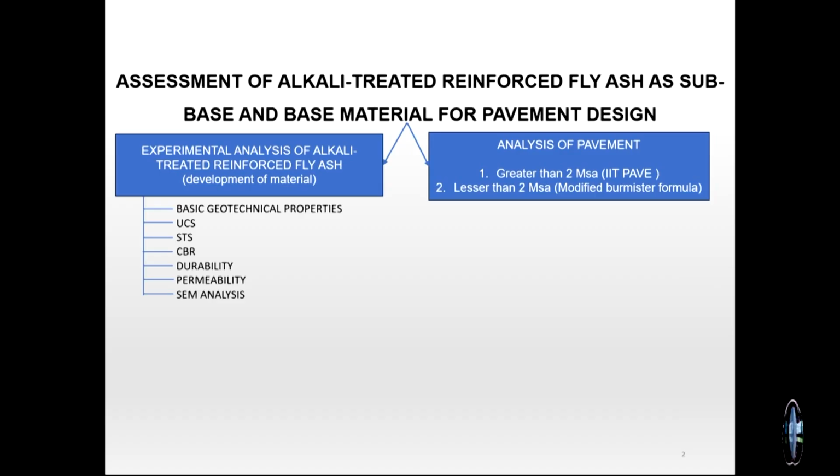So what is fly ash? It is a coal based byproduct, and it has two types: class C fly ash and class F fly ash. Class F fly ash has a low content of calcium oxide, which is why we need some extra agent to use it as a pozzolanic material binder. For that I am using NaOH, and the main mechanism going on in this process is geopolymerization.